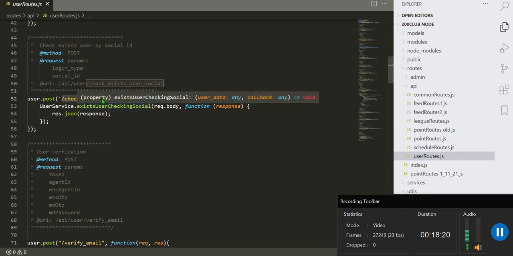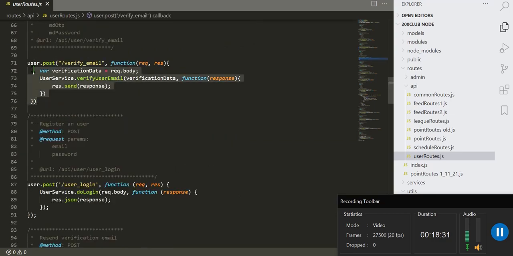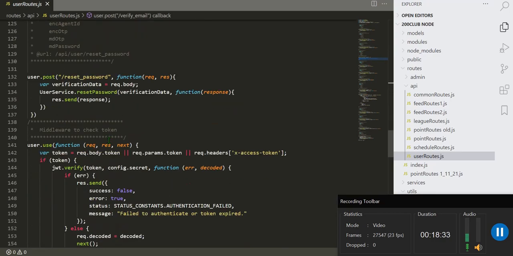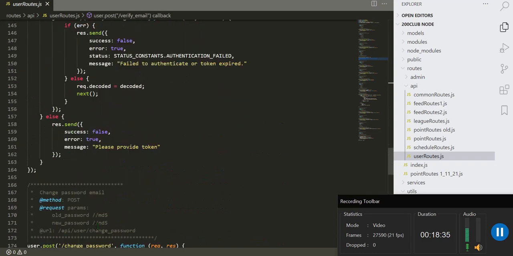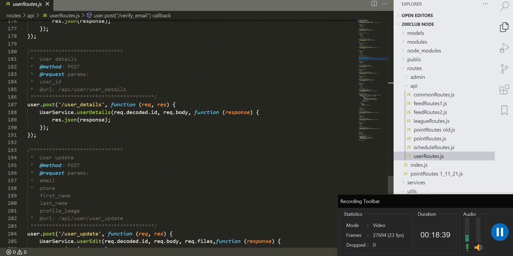So it's not required to pass the access token for those APIs. You don't need any token to hit the APIs which you have declared above the middleware, but for those below the middleware, you have to provide the auth token. Yeah, so